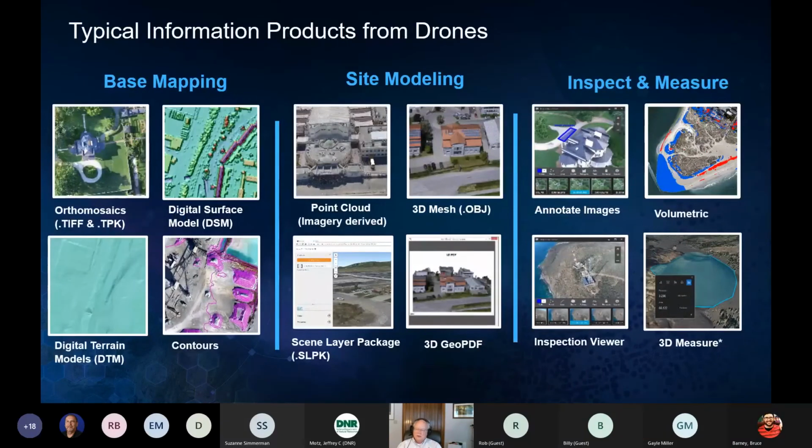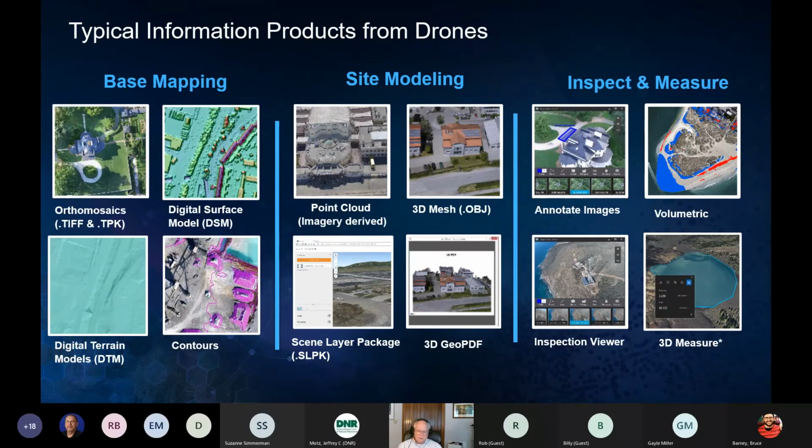You can further divide these products into some typical uses, and the use cases for drones are far and many and very different. So today, we're going to try to group them into some general categories. One is obviously the base map, where you're doing some general orthomosaics, or you might be doing some contours for a fairly large area relative to what drones can do. And then you can drill down a little bit further and get into site modeling, where you're now looking at perhaps a smaller scale, at a smaller area of interest,